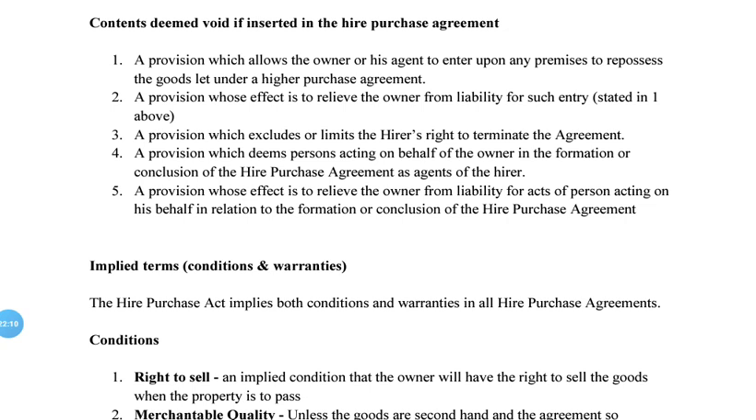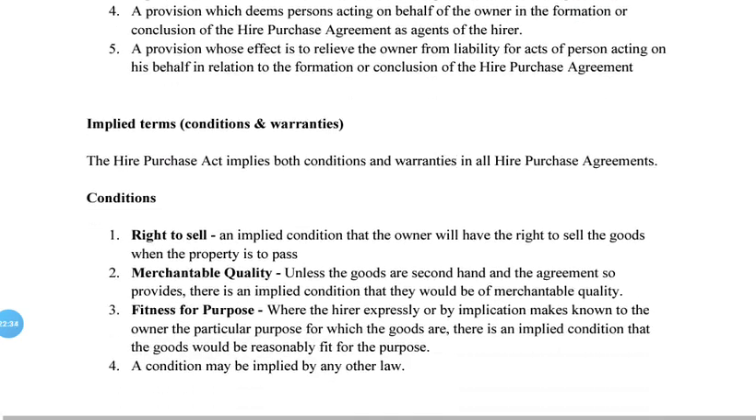So implied terms and conditions. Implied terms, conditions and warranties. So the Hire Purchase Act implies both conditions and warranties in all hire purchase agreements. So conditions. There is a condition that